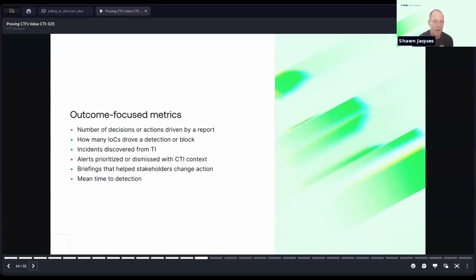All right. And the outcome ones, it really is pretty variable and depends on your organization, but it's really how many decisions or actions were driven by a report. Sometimes you can't get that directly, especially if you have really new relationships with your stakeholders. You sort of have to use the proxy of the thumbs up as bare minimum feedback, but something is better than nothing. If they're not reacting to it at all, they never give feedback, they never seek you out,